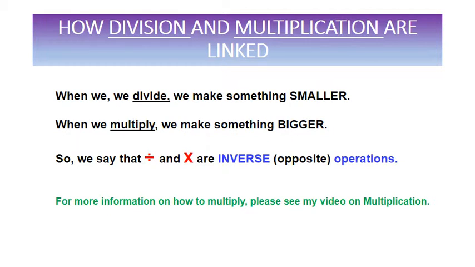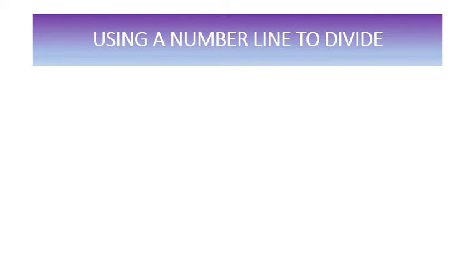Now looking at how division and multiplication are linked, when we divide, we already know that we're making something smaller. When we multiply, we make something bigger. So we say that division and multiplication are inverse or opposite operations. And please have a look at my video on multiplication if you would like more information on how we do that. So we're going to start by looking at how to use a number line to divide,